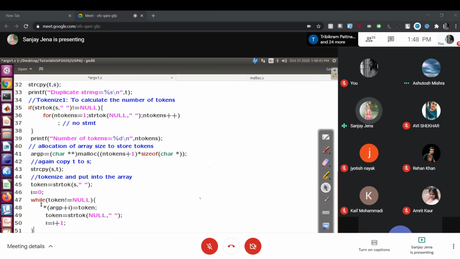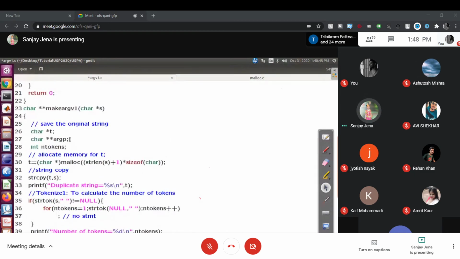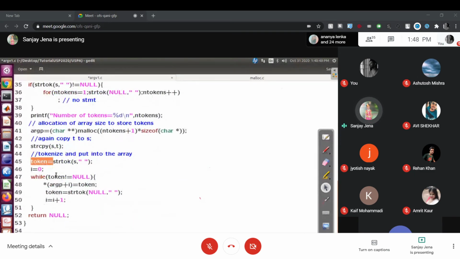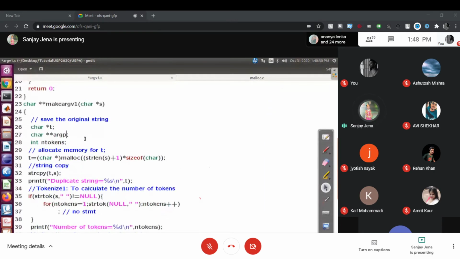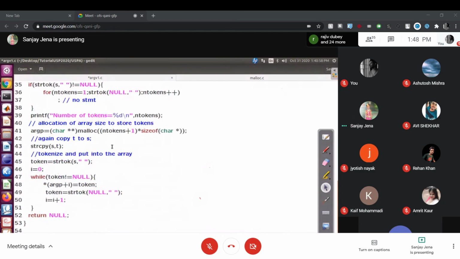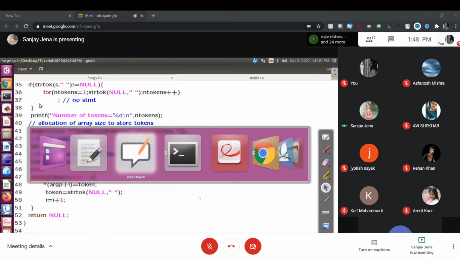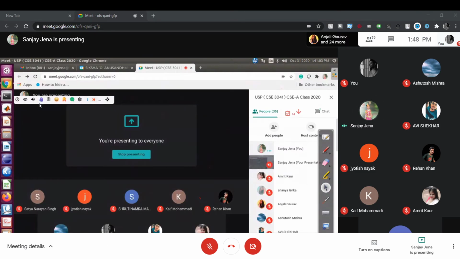You can also optimize because these variables are not required. Then declare token also. Can I directly optimize? Okay, let it optimize later. Then I require one more token. Star token. Very good. Let's see how much there are. 35. Okay, done. Very good.